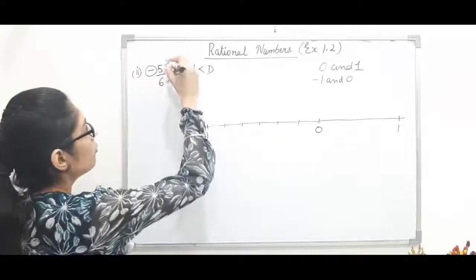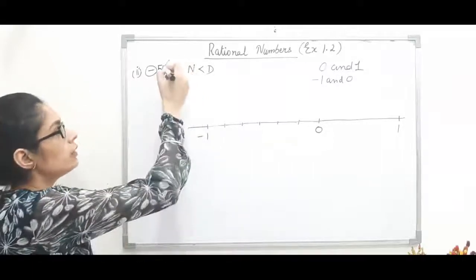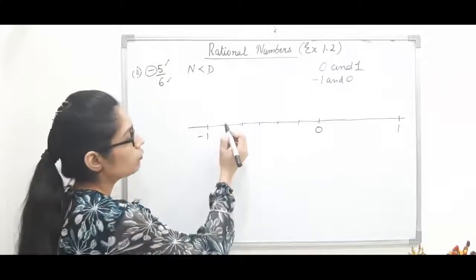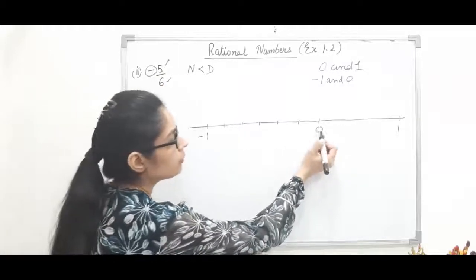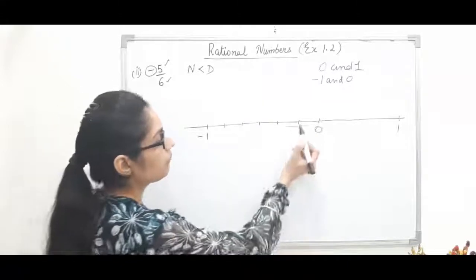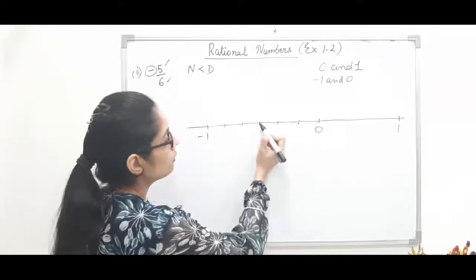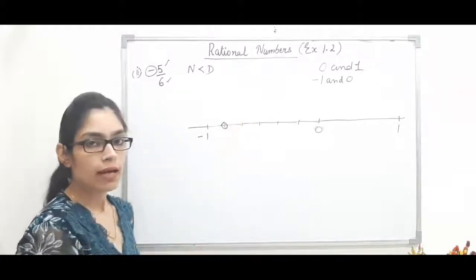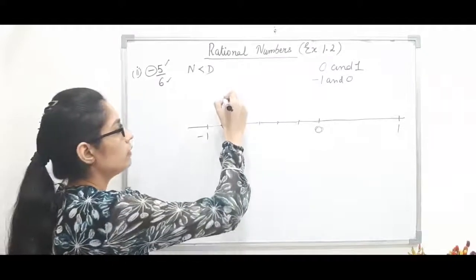Now after denominator, let's see the numerator. Numerator is 5. So now I have to start counting always from this side. We have to start counting 1, 2, 3, 4 and 5. 5 is our numerator. At 5 we have to stop, and there is our point